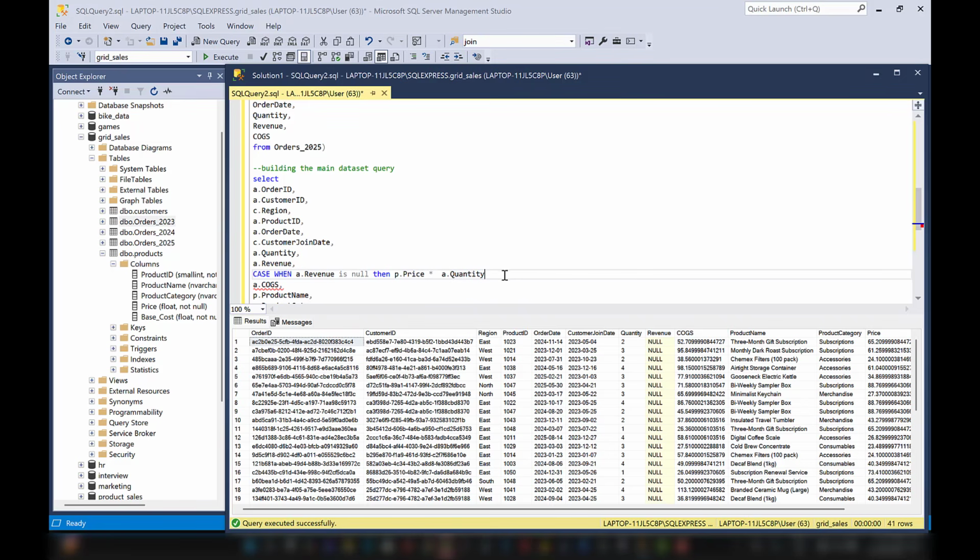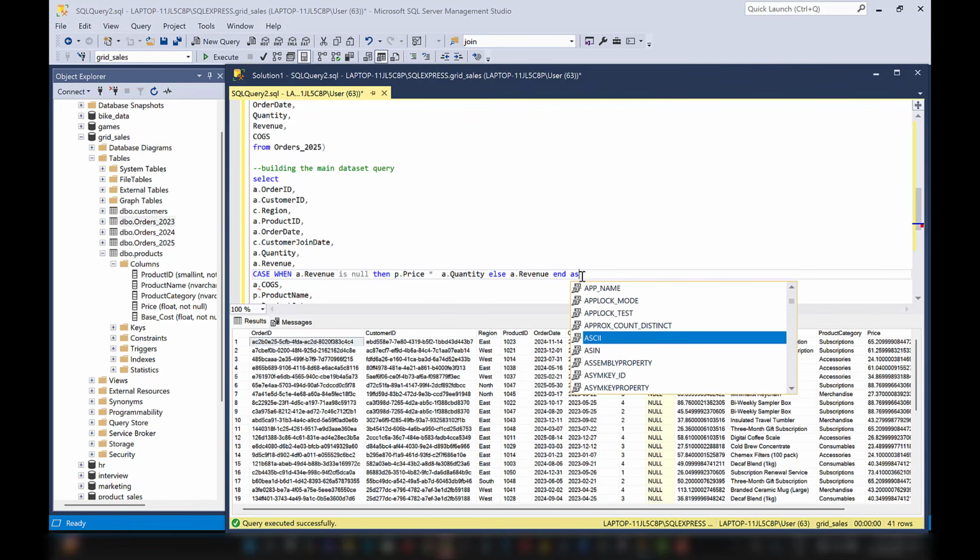As revenue, price times quantity. Else, just give us revenue if it exists. And let's end this,